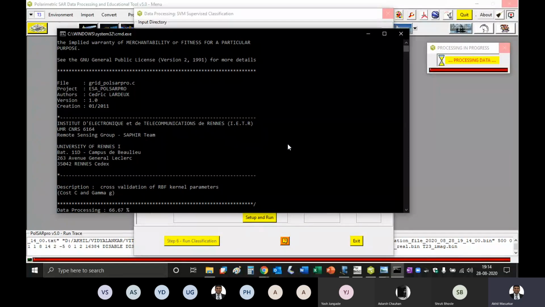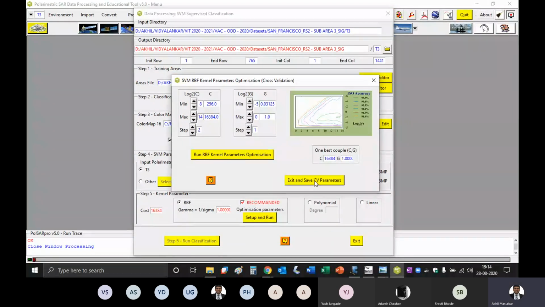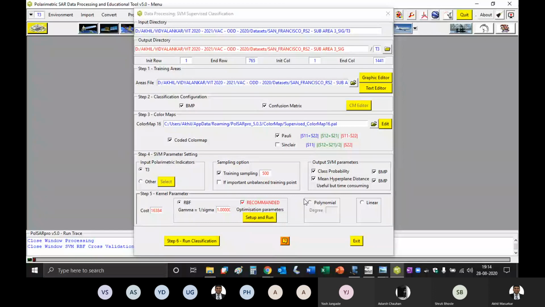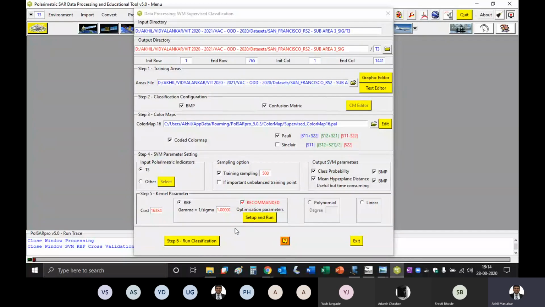So you will get this. You just say exit and save. Fine. And these parameters are stored in this file again, the SVM crossval file.